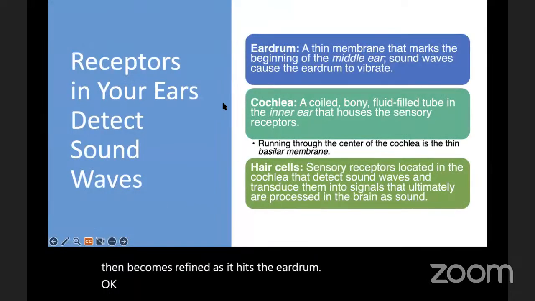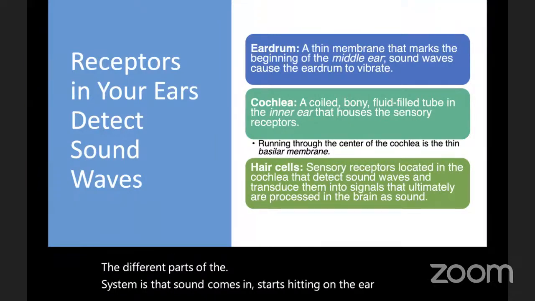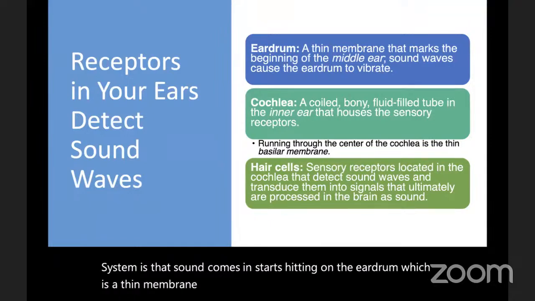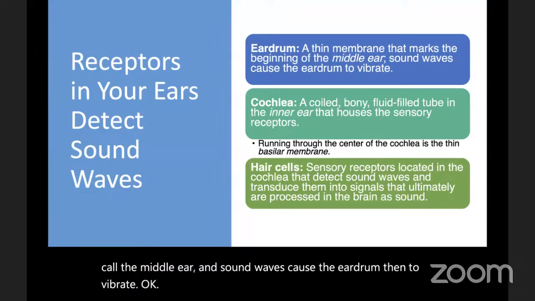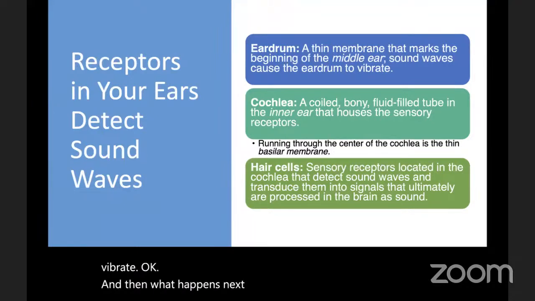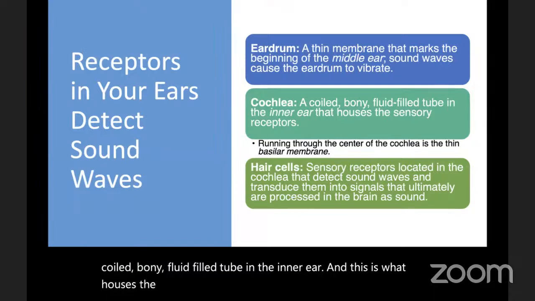Okay, so the different parts of the system: sound comes in and starts hitting the eardrum, which is a thin membrane that marks the beginning of what we call the middle ear, and sound waves cause the eardrum to vibrate. Then what happens next is it goes to the cochlea, which is a coiled, bony, fluid-filled tube in the inner ear, and this is what houses the sensory receptors. Okay,